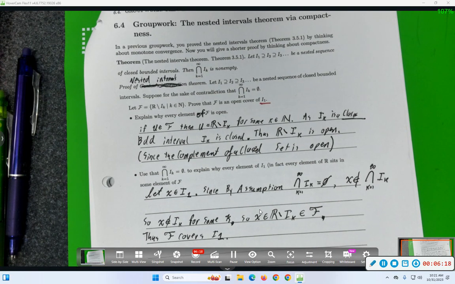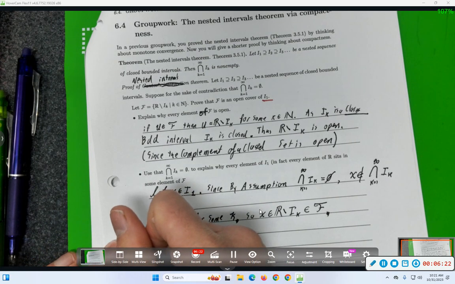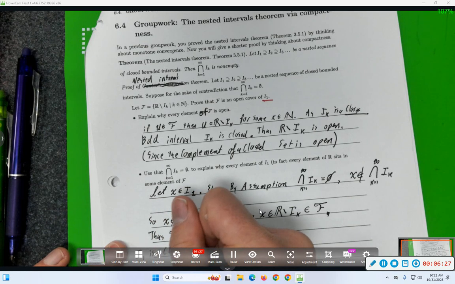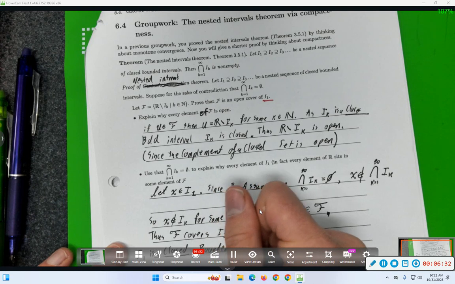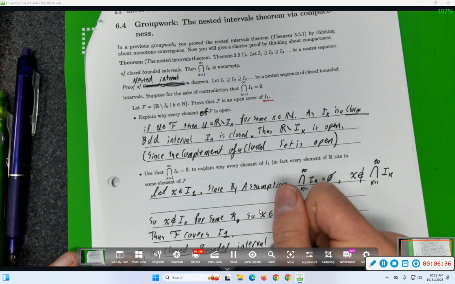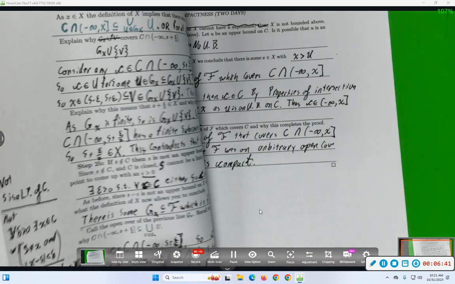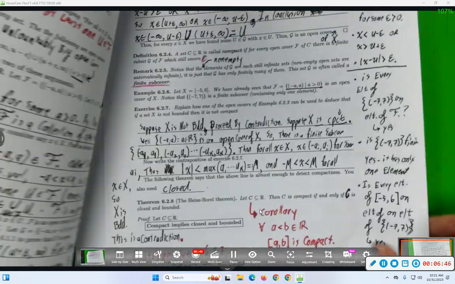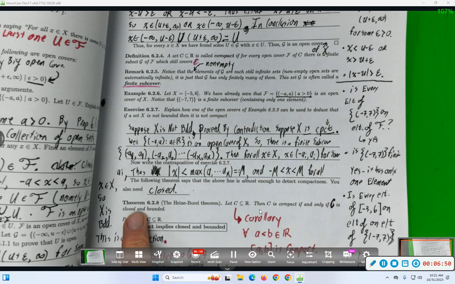And there's a jump here. Since I1 is compact, let's explain why I1 is compact. I1 is a closed, bounded interval. The whole big complicated thing that you just finished listening to the proof of is the Heine-Borel theorem. C is compact if and only if it is closed and bounded. This set